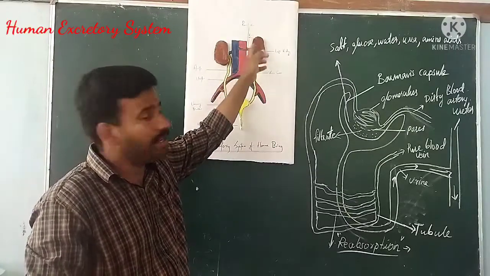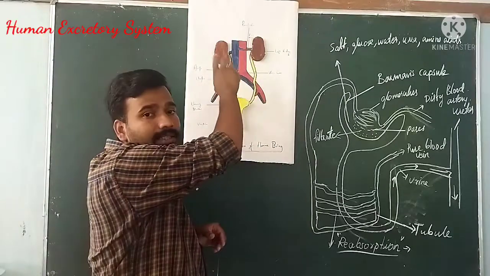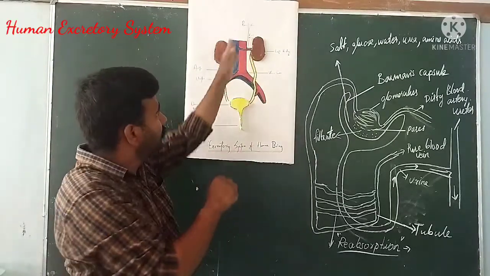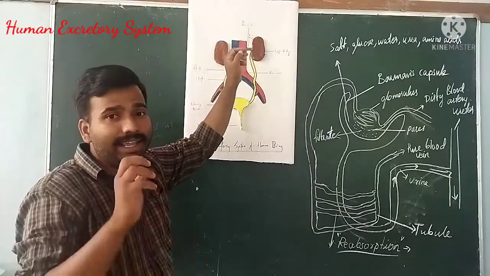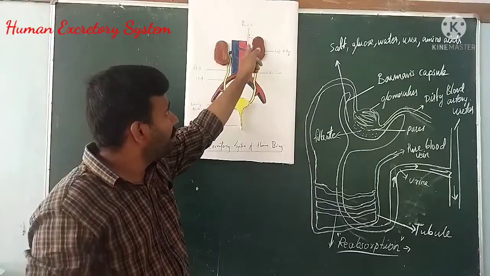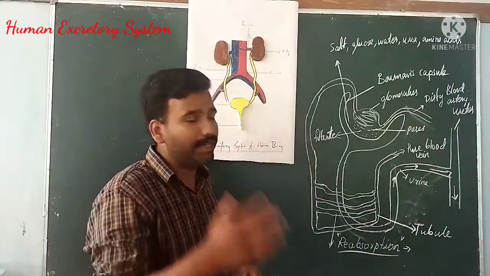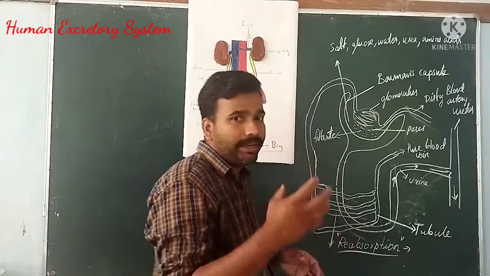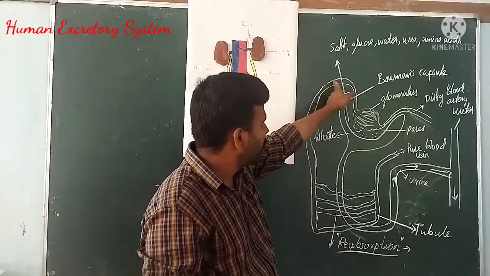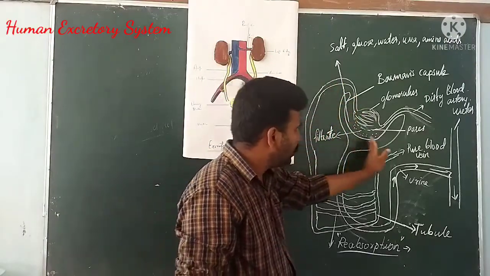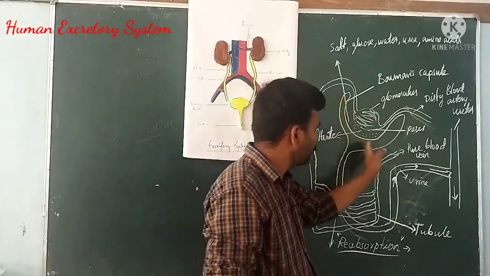Once the aorta enters into this particular kidney, it divides, because there is a pair of kidneys, one on either side. So this aorta divides into two, and that forms the renal artery. The renal artery enters into the kidney, and again divides further into minute arterioles. Here you can see I have drawn one artery. So this is the cup-shaped part that is actually performing the filtering function.